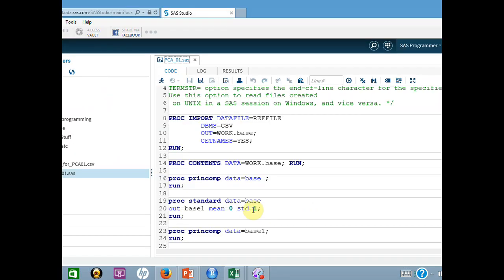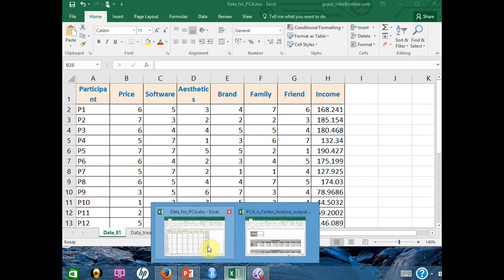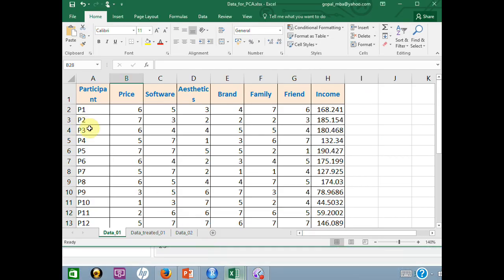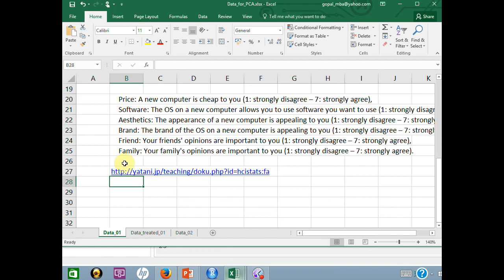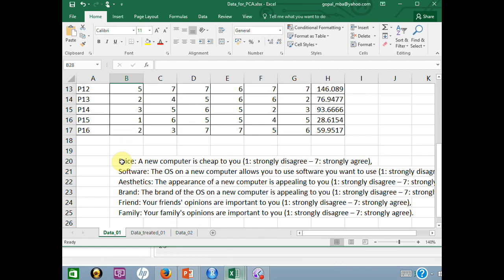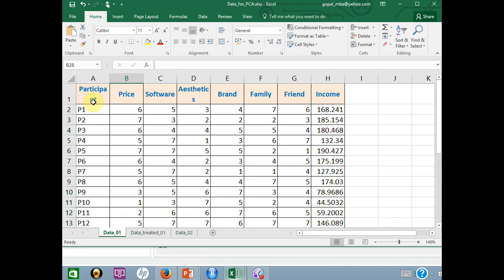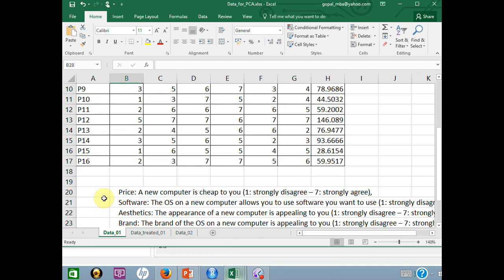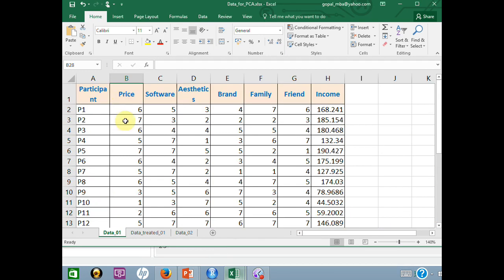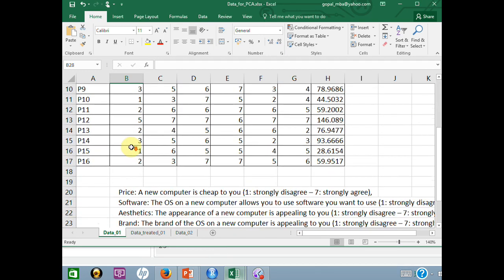I am using the academic version, and here for this purpose I am using this particular data set. I got this data set from some site, and it has survey results from 16 participants on what they value when they are trying to buy a new computer.